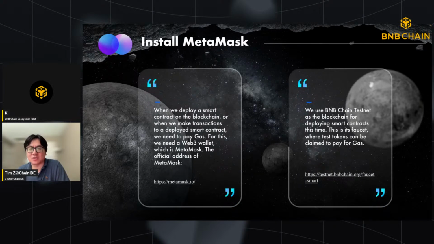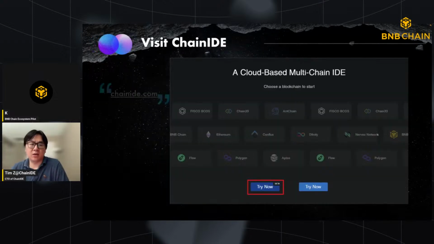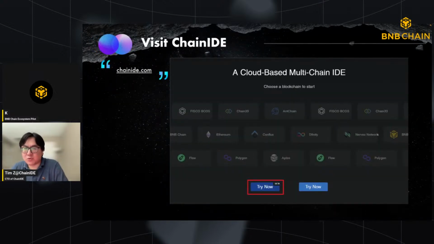The first step of starting this development is that you have to have a wallet, so that's installing MetaMask. Here we have the links. If you have the slides, you can take them home and follow each step to build it. And the second step that's very important is to visit ChainIDE, because ChainIDE officially supports multiple